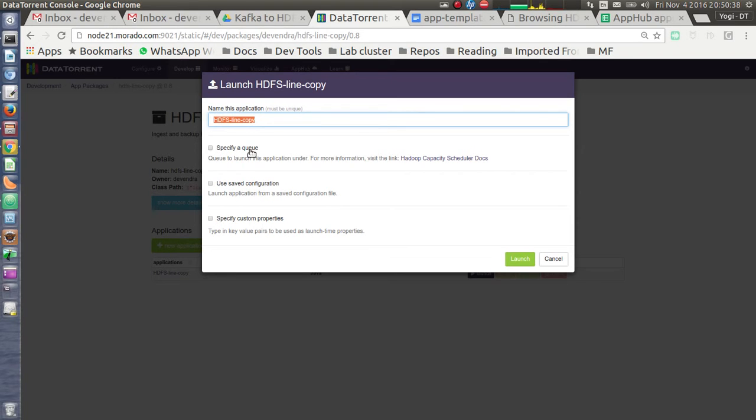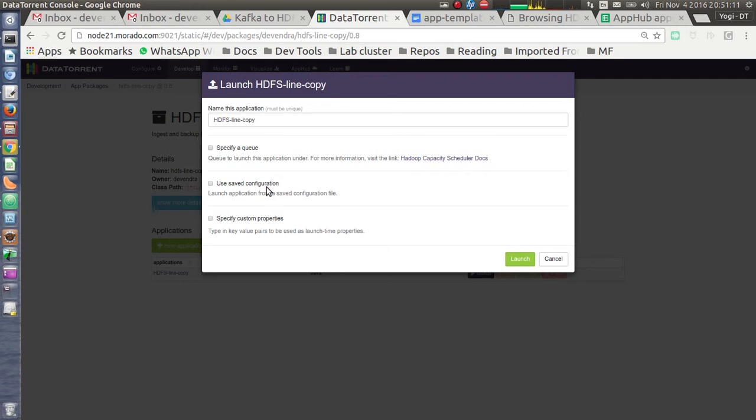I will keep the default. The second option is for specifying a queue. If you want to use the multi-tenancy feature in Hadoop, you can use this option to specify which queue you want to submit your job to. If you are not very sure about it, you can just keep it as default.